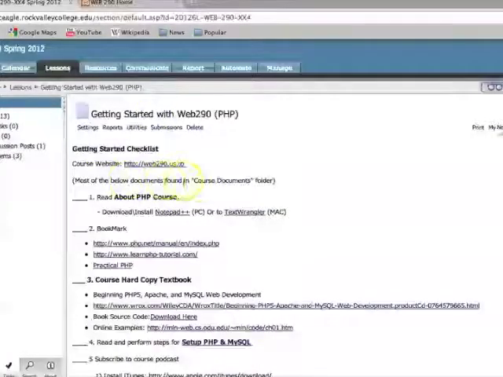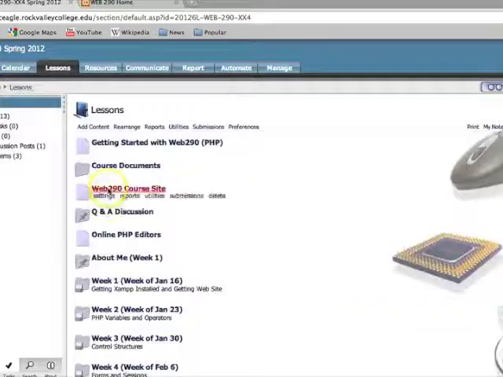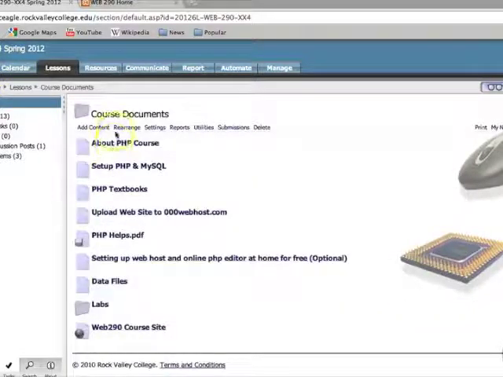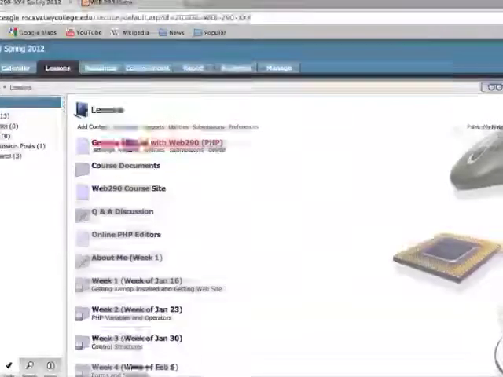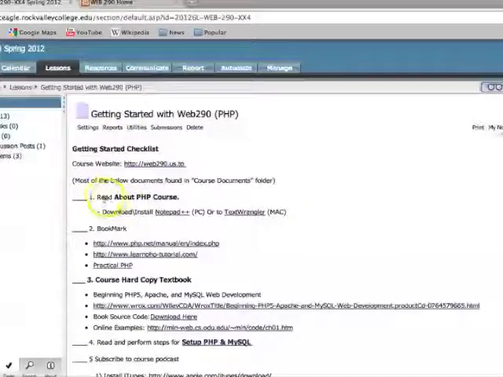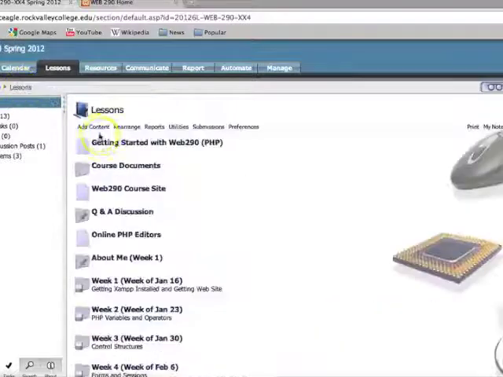So most of the below documents are going to be found in course documents that I've already showed you in the lessons tab. And I'll click on it just one more time to make sure. So most of these documents are going to be found here in the course documents area. So read about PHP course first. That is again found in course documents. It goes over the course, and